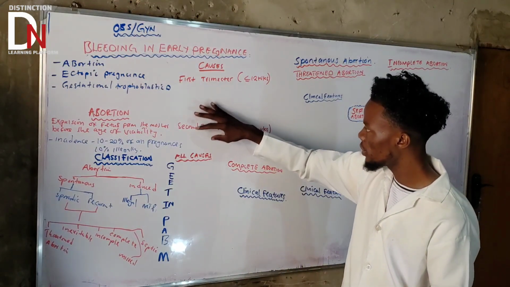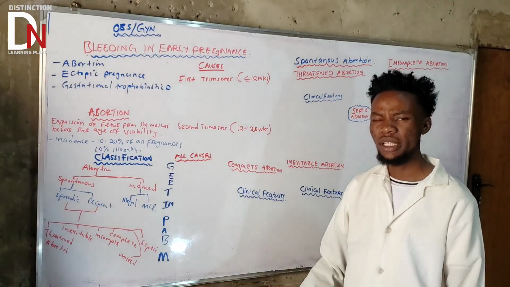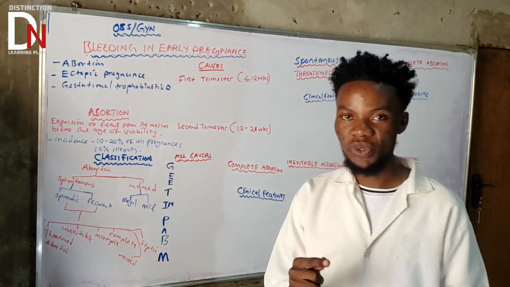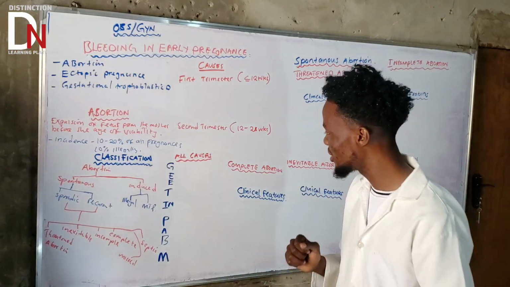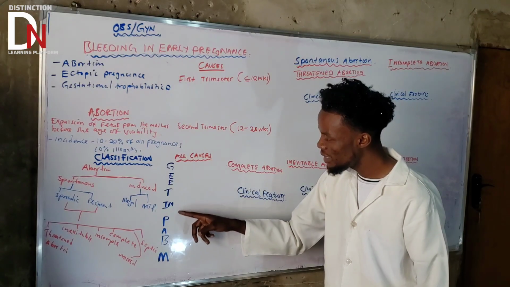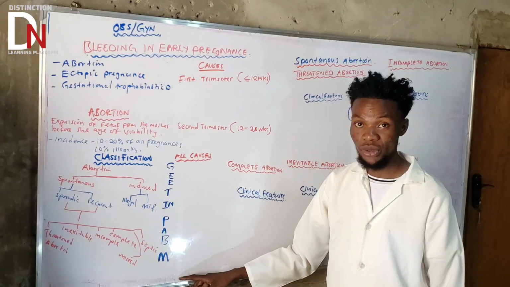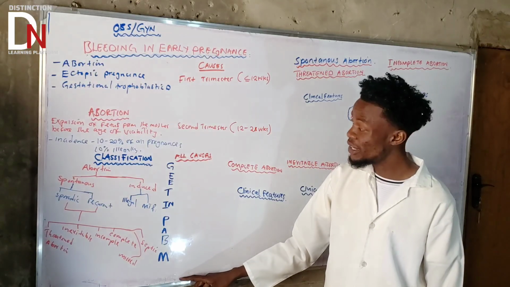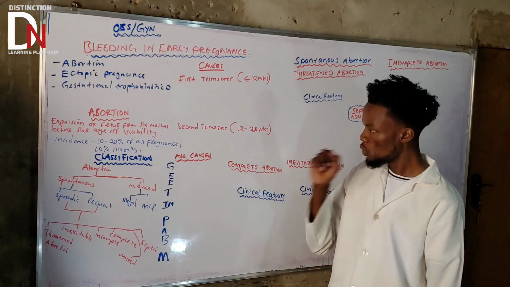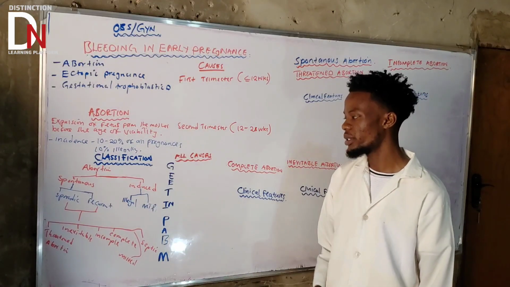Now, before we categorize here, we have all the causes here. So let's try to explain all the causes so that you can get the concept. But since there are a lot of causes, don't worry, I've got a mnemonic for you. Listen. This one: GET IN PUB M. That is all the causes of abortions, either first trimester abortion or the second trimester abortion. Very important to take note. So now, we'll start with this one. So GET IN PUB, like that, okay?